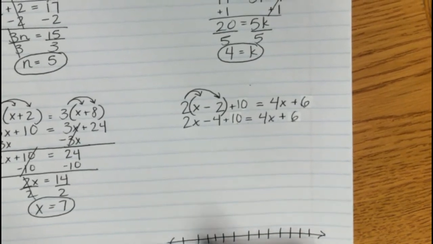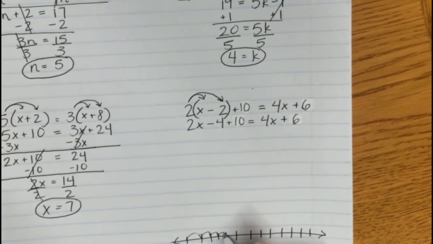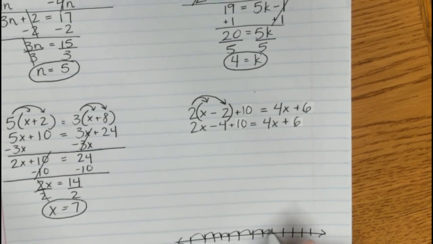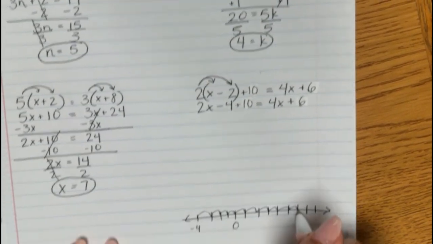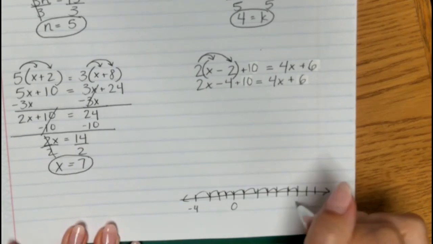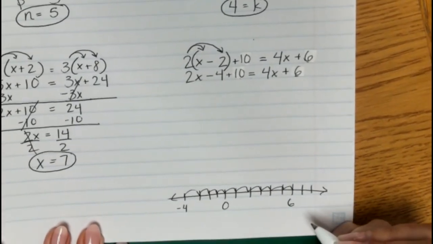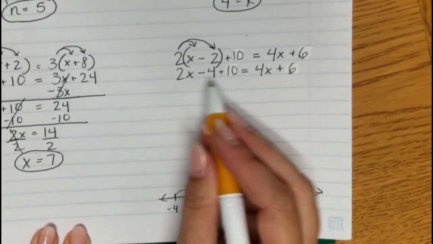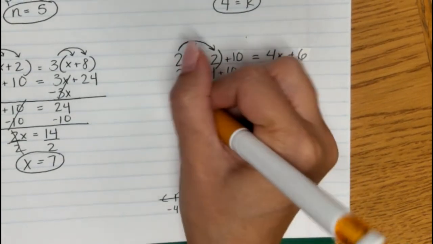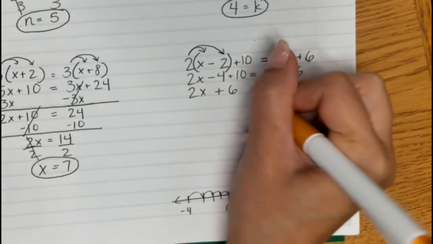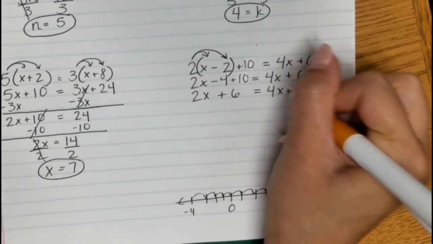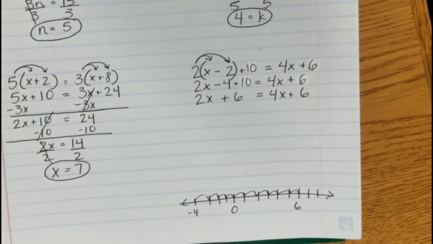This is 0. If you go up 1, 2, 3, 4, 5, 6, 7, 8, 9, 10 on your number line, you would end up at a positive 6. So negative 4 plus 10 is going to become a positive 6. So rewrite it as 2x plus 6 equals, and then your 4x plus 6. So we're done with our